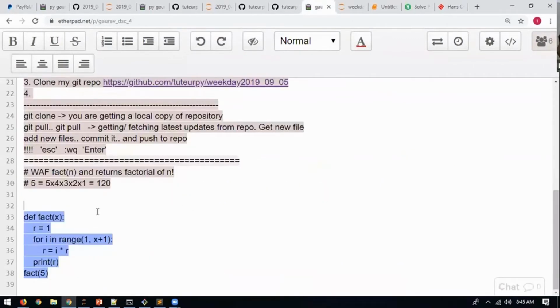Okay, whose code is this? Can you put your name also there?